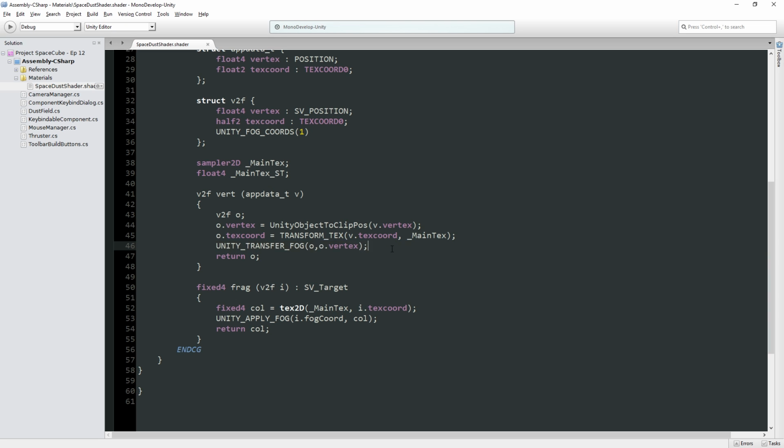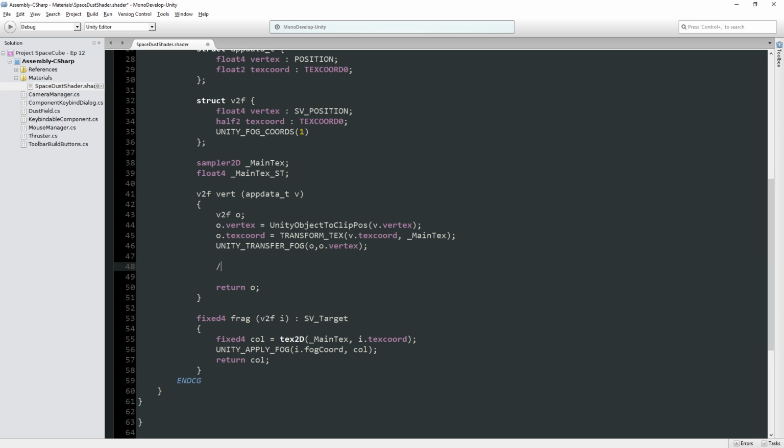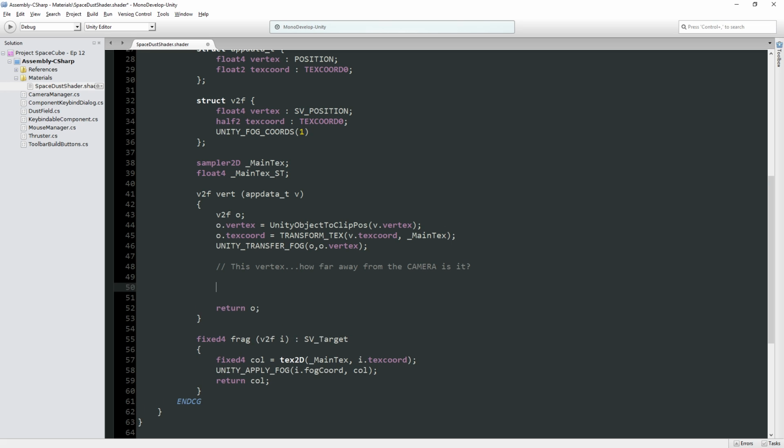So what are we actually interested in? We are interested in answering this question. This vertex, how far away from the camera is it? It's an excellent question. Now, that's actually one that's relatively easy to answer. You can do the math yourself, but there is a very handy-dandy function to do that for us. There's an object or a function that Unity provides called